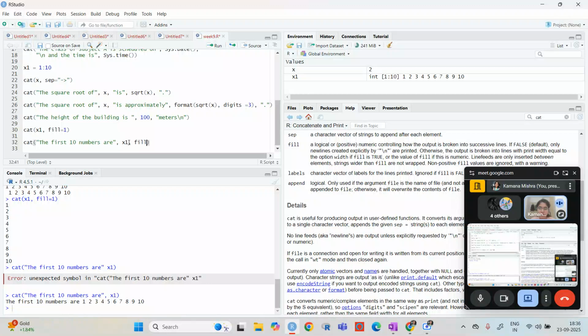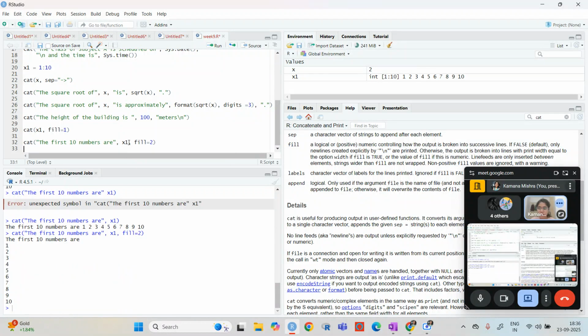If I just do this, you can see that if I want to write like this, it will come like the first 10 numbers are 1, 2, 3, 4, 5, 6 up to 10. So it can come like this. Okay.